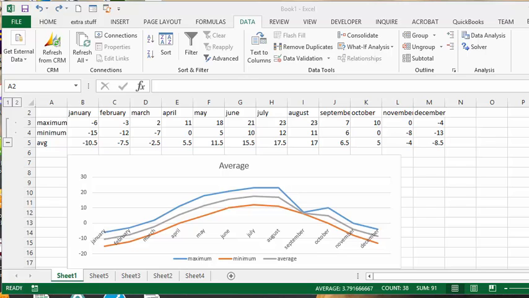to show you how you can reduce the amount of detail on your charts or graphs by using the grouping function. So I have the temperatures for the last year. The orange is the minimum and the blue is the maximum temperature, and there's the months that it's going along. I figured that maybe they don't really need to know the maximum and the minimum, maybe they just like to know the average. So what I did is I just created an average of these two numbers and put it